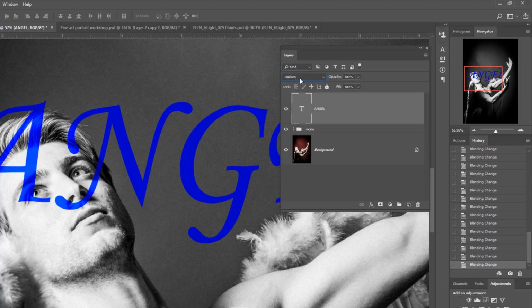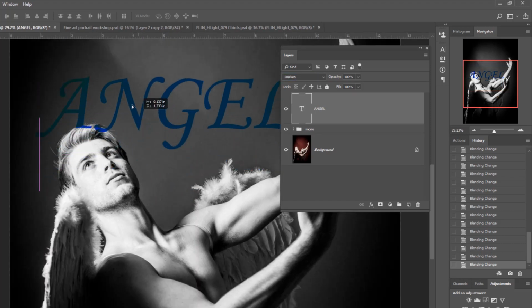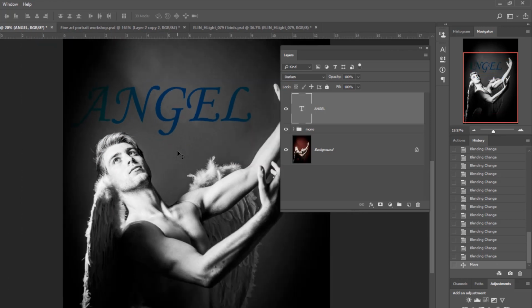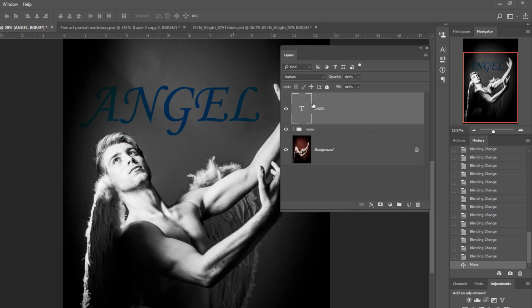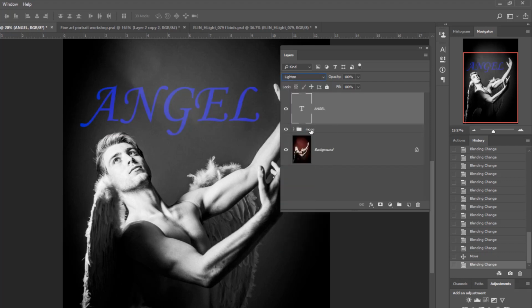So if I wanted to add the text on here onto the dark background, you can see that the darken mode isn't the best blend mode, because it's already a dark font. So if we go to the lighten, we can see straight away that if I lighten this on the background, it's going to create a lighter effect, in the same way the screen will get lighter and lighter, and so on and so on. If I duplicated this layer,